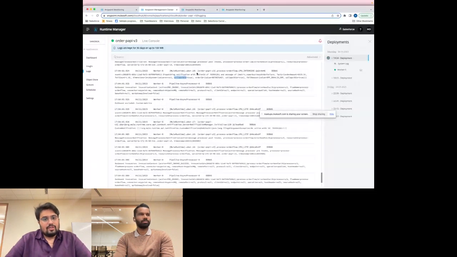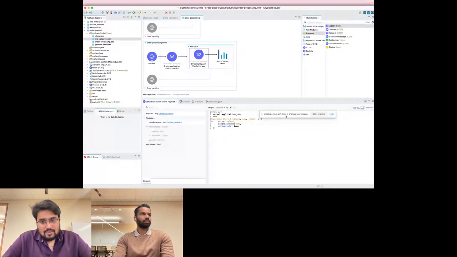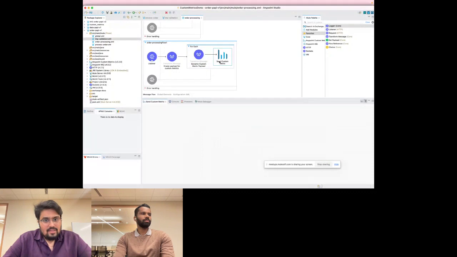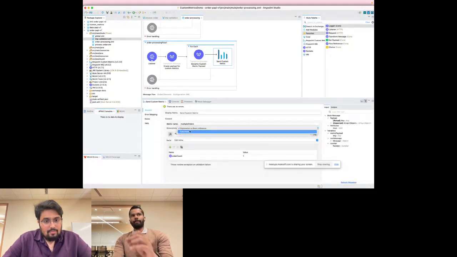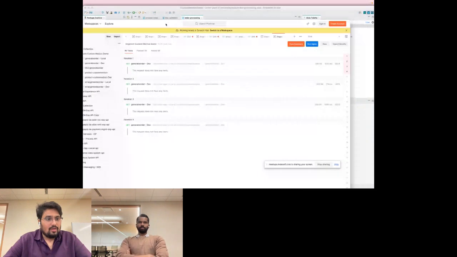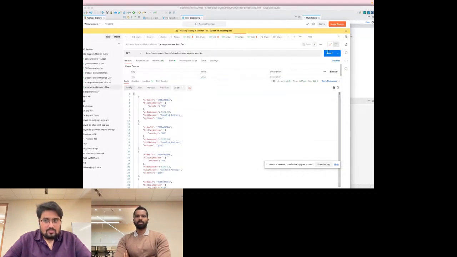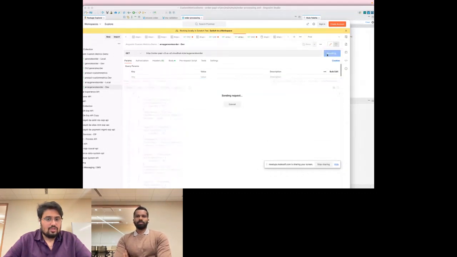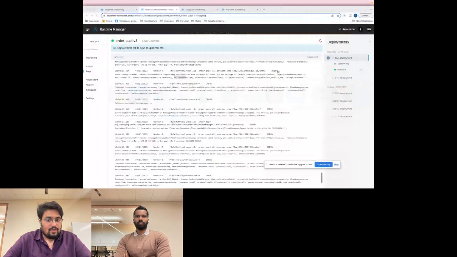Now, we have written similar logic where it will create an individual object of value, dimension, and collapsible. This time, in place of the inline edit, we'll be passing this complete payload. Now I'll have one application deployed, similar to the push tab. So I have this order. I'll try to process this, and if I go to the Cloud Hub,